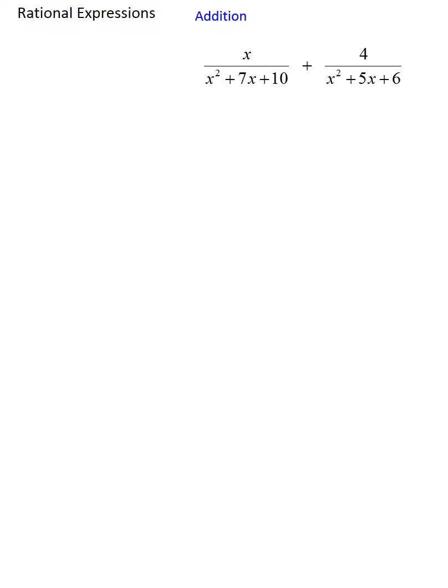Well, let's focus on what you do if the denominators don't match. To get them to match, to get that common denominator, it will be really helpful to factor the denominators. And that's what I've done right here. Now, once your denominators are factored,